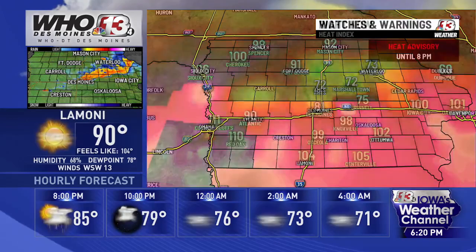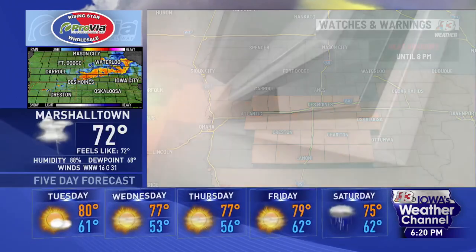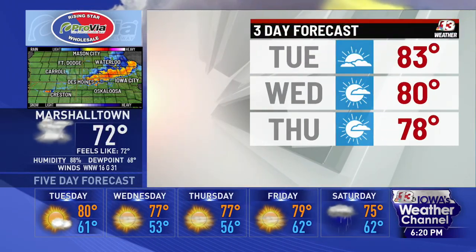And there is a concern around Centerville as well as Ottumwa where it still feels much warmer. So because of that, there's that heat advisory in effect as well. But a cool down is coming with some drier days ahead. Good to get that forecast in as well, because of course we're staying on the air right now through our